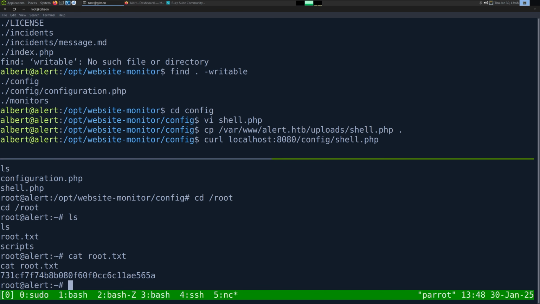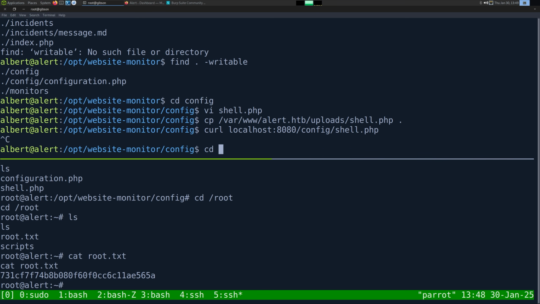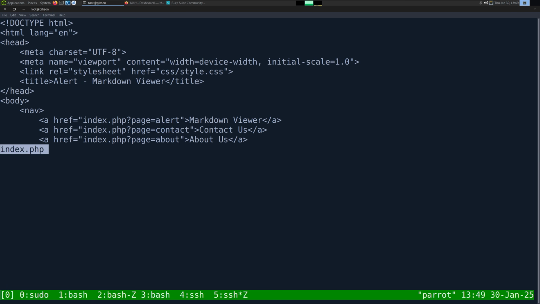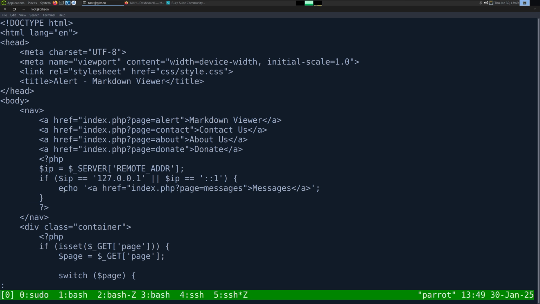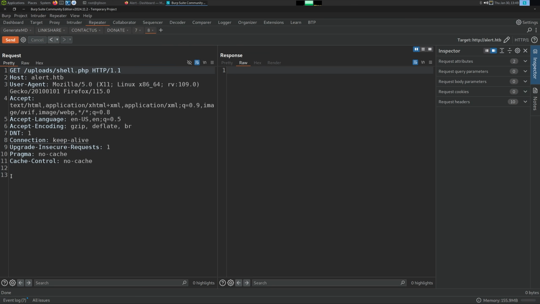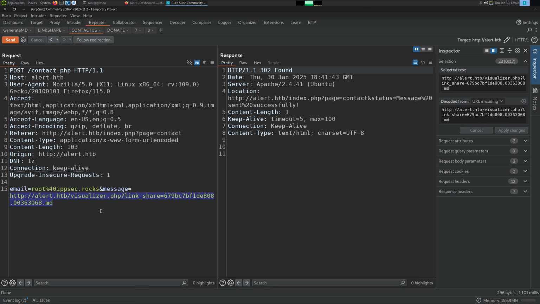Actually, wait a second. There was one thing I wanted to test. And that is because of the website itself, we went back to it, /var/www/alert, less index. Is it here? Because it's doing it this way, I think we could probably just trick the browser into hitting this page from our website that we stand up. And that's what I want to try. So let's go back to the contact page. I'm probably going to show this earlier because it's only going to take a second, right? Let's just do